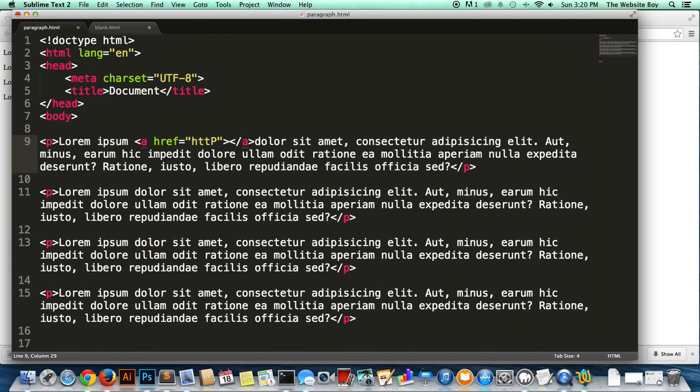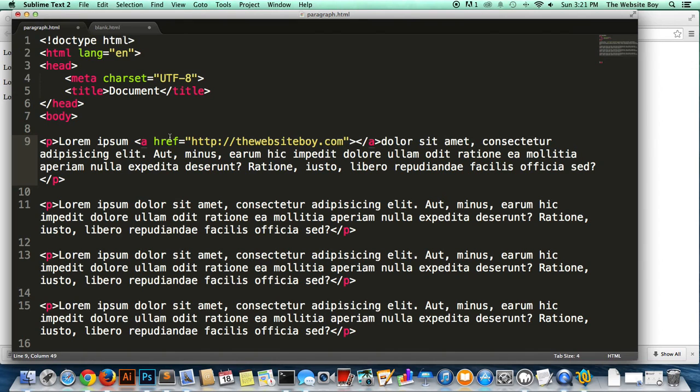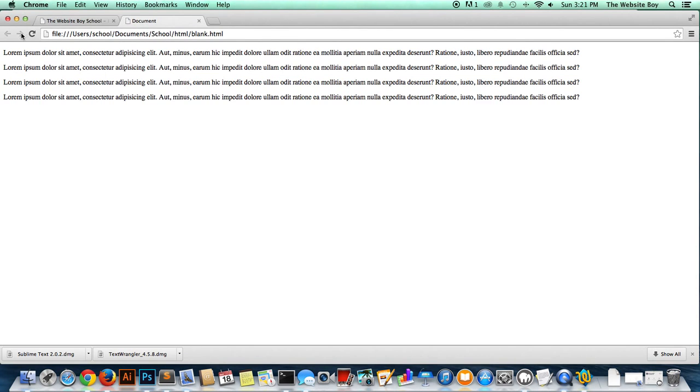Put the source of that link, where it's going to, in between here, to websiteboy. And in the next line here, in between the left and the right angle bracket, we are going to put the text that displays on the browser. None of this stuff will be displayed on the browser, but this will. Click here, this will be a link. And if I save now and I show it on the browser, refresh here,